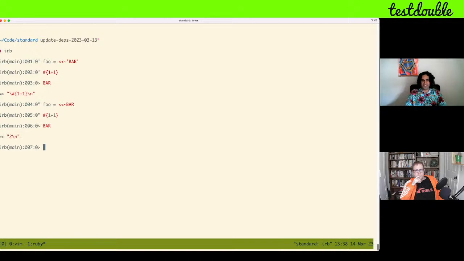So string interpolation does happen when we don't have the single quotes around the delimiter to start out. Apparently it's not required for the ending delimiter. And then the string interpolation doesn't happen when we do have the single quotes around our delimiter, which is, I don't know,